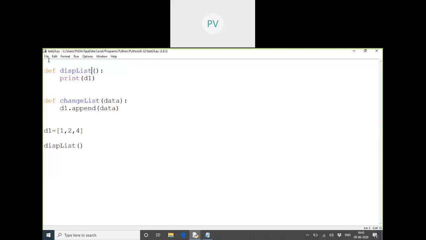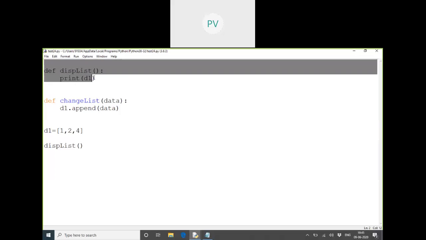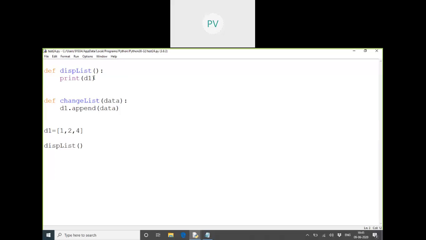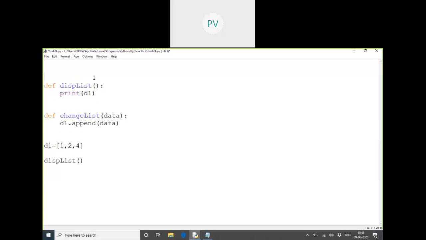It's not like a compiler, which sees that there is no such variable. Like in a Java program, we used to write everything here first, and only then I used to call that variable. It's not in that manner. It's only interpretation. Whenever you run the line, the code should be available. Everything should have proper syntax.